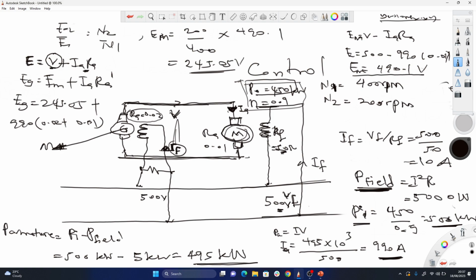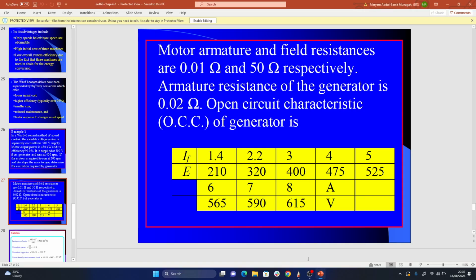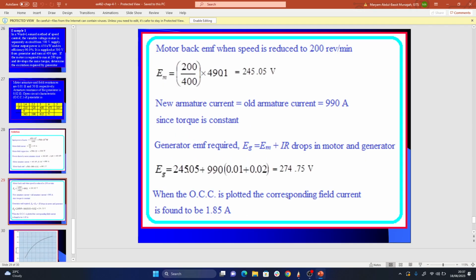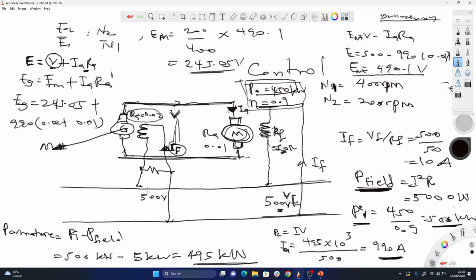So that'll give us the generator EMF, as we can see from there. So now that I have the excitation, the E here,